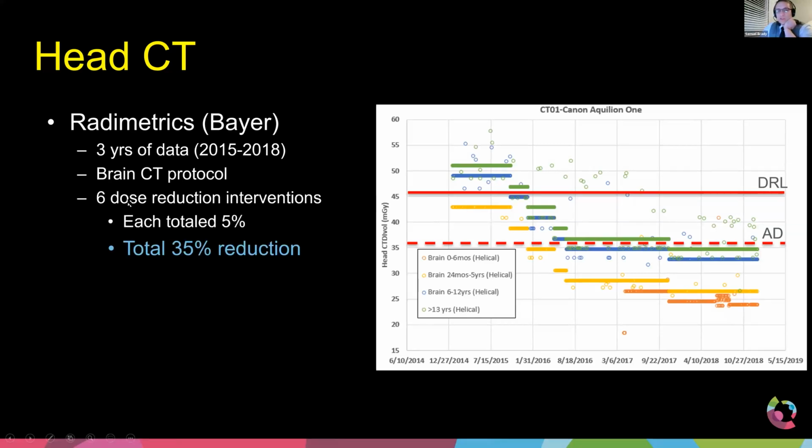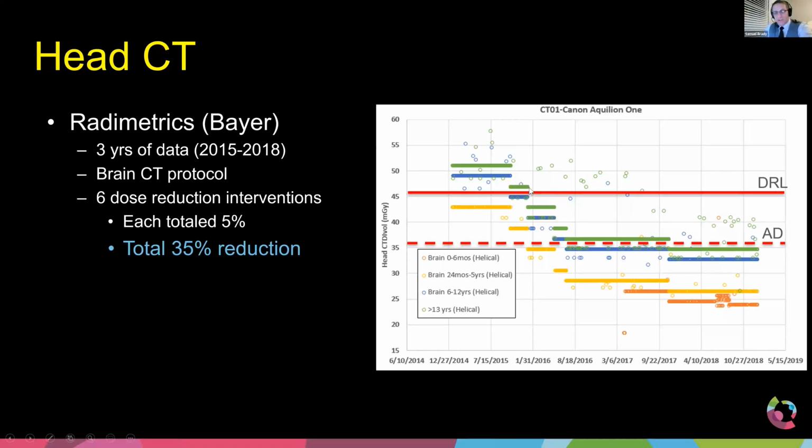So what we did is we decided to make several interventions. We ultimately ended up doing 6 interventions. Every time, we reduced the dose by 5%. That's why you see this step, and then a step, and then a step, and then a step, and then a step. We just kept stepping it down. Every time we reduced it by 5%, we would give it several months, and then we would collect data. If we collect data for a month or two, then we look at the image quality,